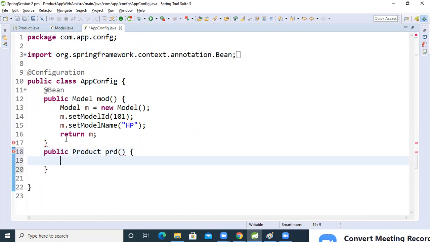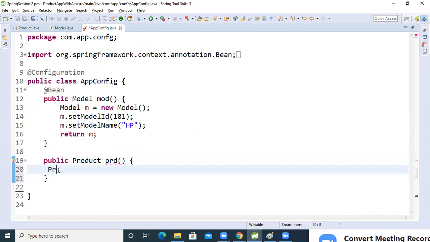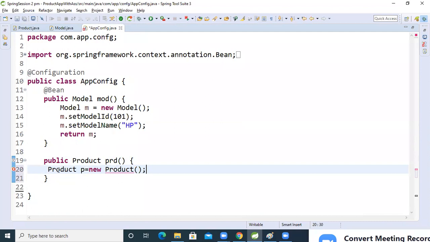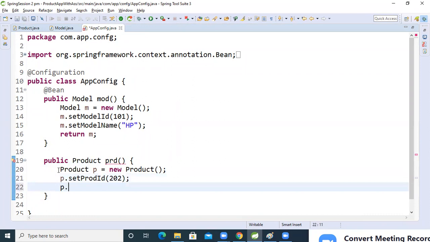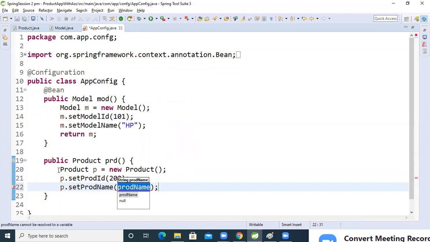Inside that, we will create Product p = new Product(), a new product object directly. After that, we will set the data. p.setProductId, now 202 I'm taking. Now p.setProductModel.